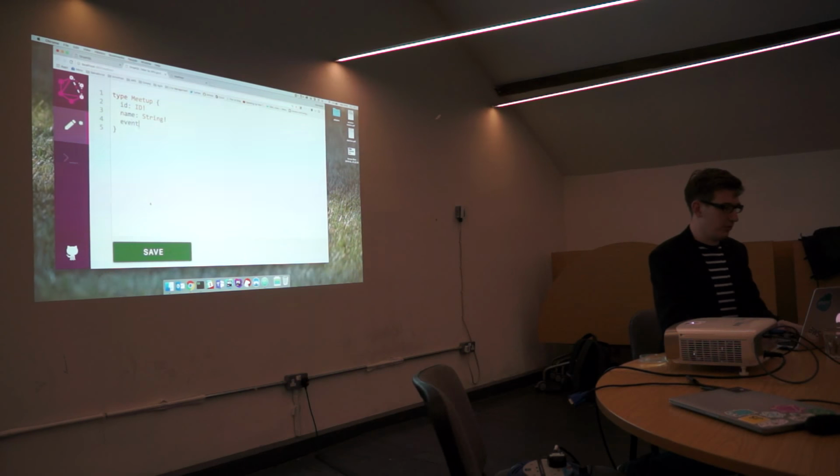Meetups have events, just an array of events. It can have an organizer. I'm not going to put Chris in, but person. So you can define these types now, and person will have an ID, a name. Event will have an ID, pattern there, a name, and then you guys.